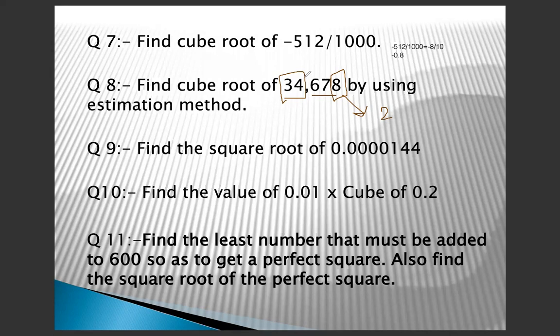Whose cube matches here? Let us go with 1. No, 1 cannot, 2 cannot, 3 cannot, 4 can also not. So basically it lies between 3, whose cube is 27, and 4, whose cube is 64. We always have to go for the smaller number, so we will go for the 3, and our answer becomes 32. Short, crisp, and clear.